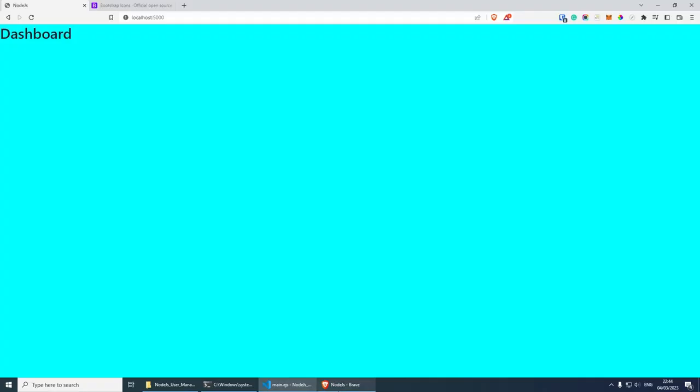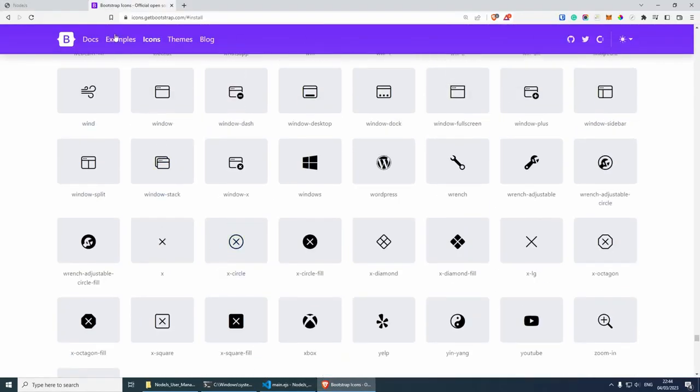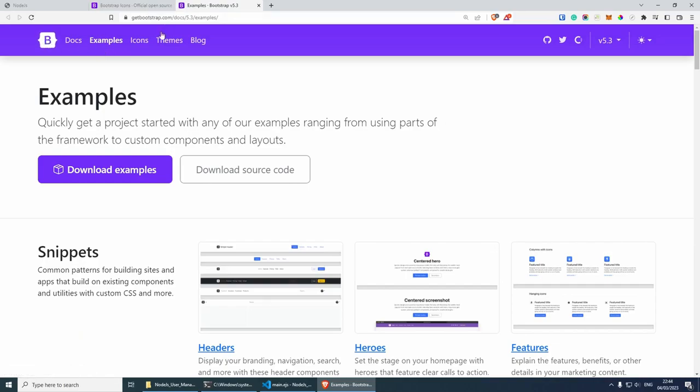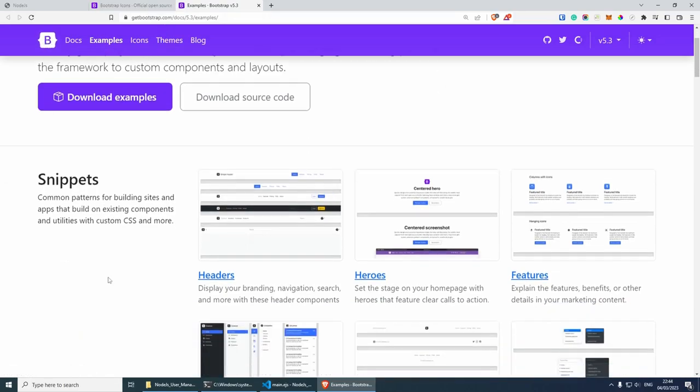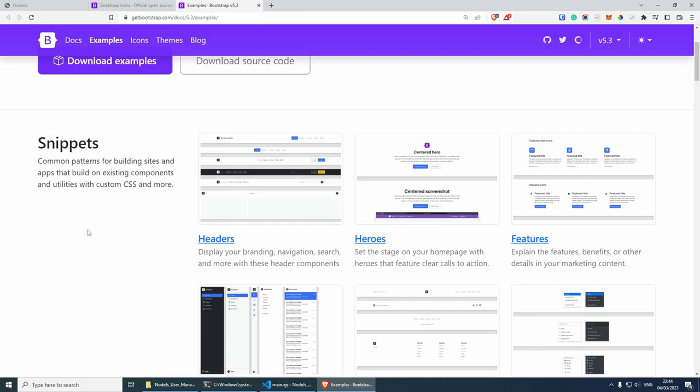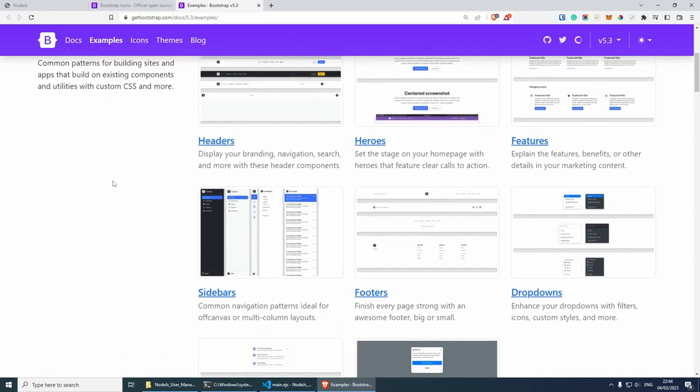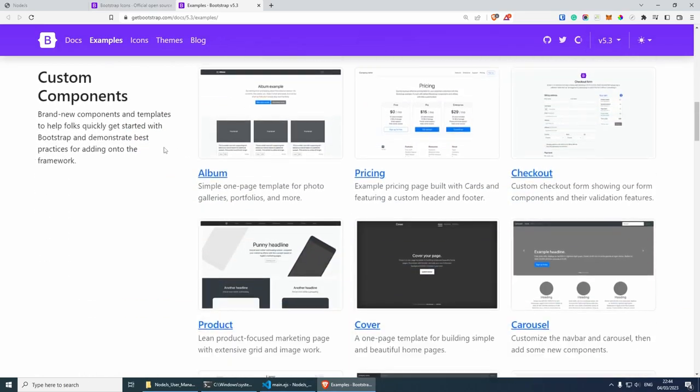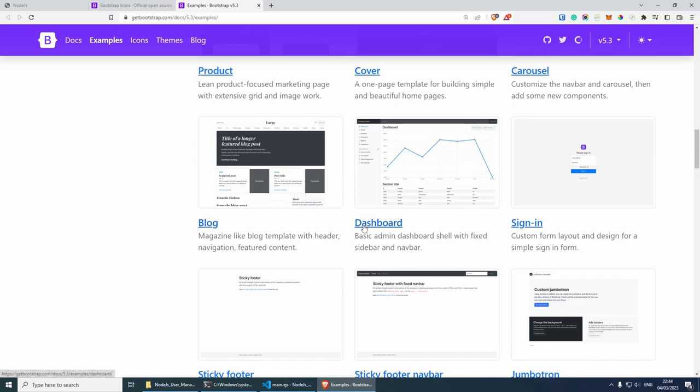Now for this layout, I did use some inspiration from the examples here. So if you go to the getbootstrap website.com, you'll be able to see a lot of snippets that you can copy and paste now, and they will just work. But the one that I used heavily is this one here, which is called dashboard. I'm actually not going to copy everything from here because I've heavily modified it. But what I'm going to do is potentially I will create a little file for you that you can copy and paste, because it will contain some CSS that I'm going to show you now. So make sure you pause the video, copy the CSS, and